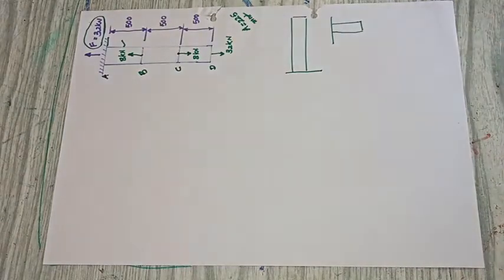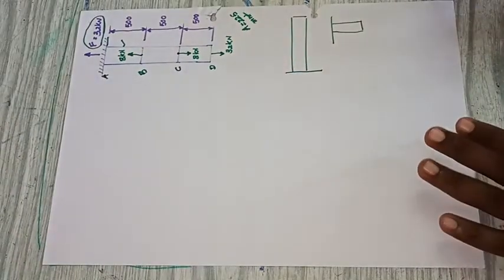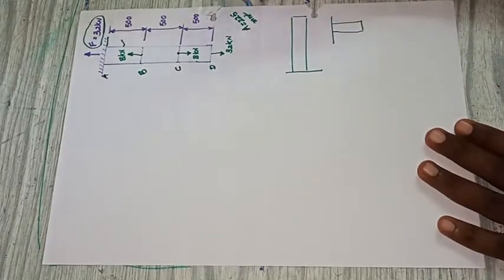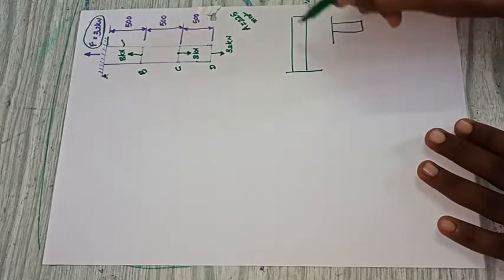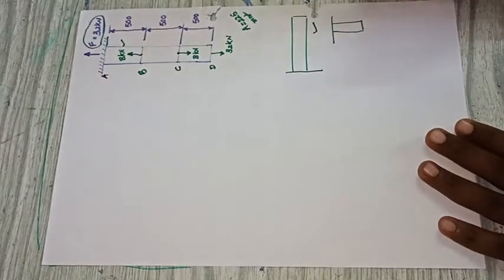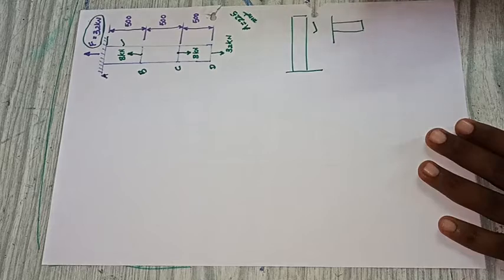In today's video, I'm going to discuss a problem on varying loads. Different types of loads are acting on the bar. Previously, the problems we solved were on the same concept, but those bars were placed horizontally. In this problem, the bar is placed vertically.